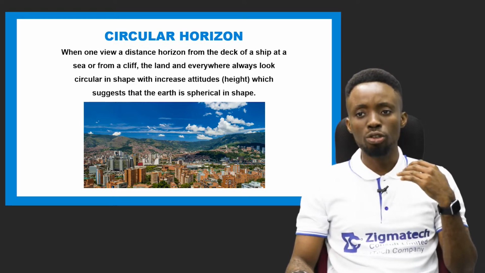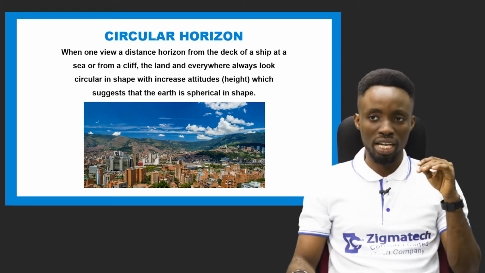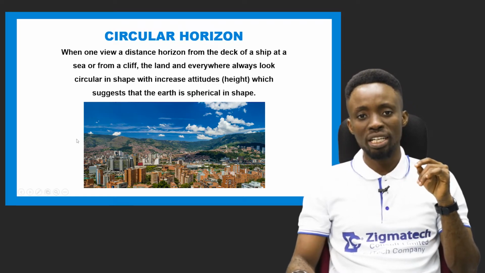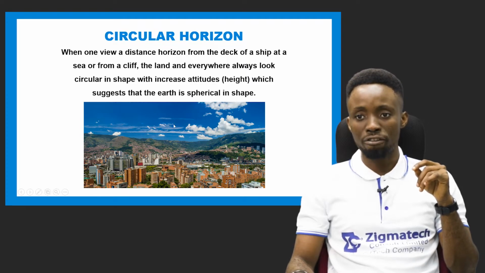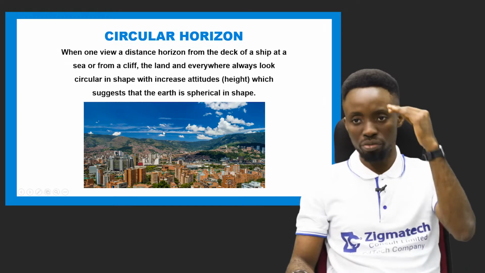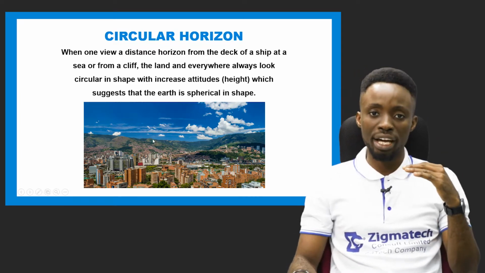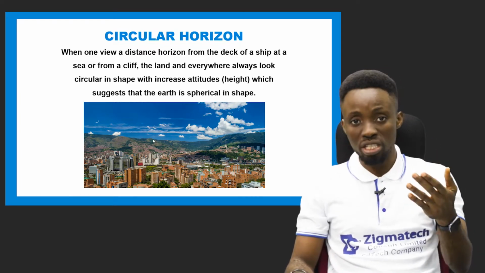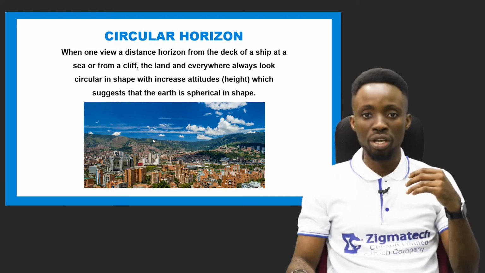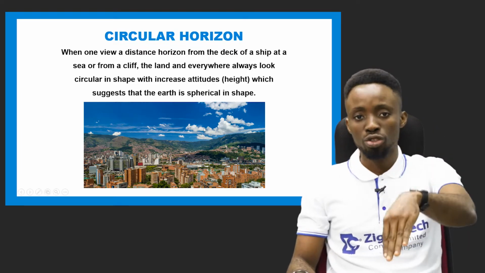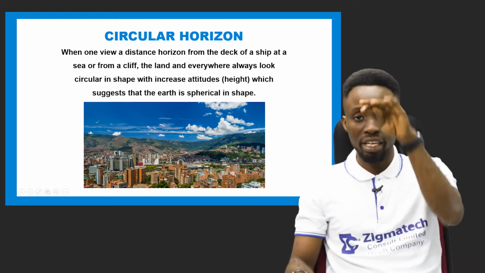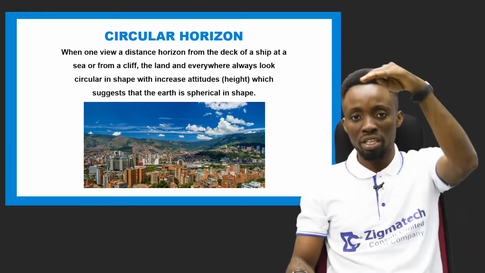When you look at the sky or the clouds, you discover that the way it is arranged, the way it is structured, it looks like a curved sphere from afar. So when you look at the extreme of the cloud or the atmosphere, especially on a sea or on a highway, you watch the horizon of the atmosphere curve towards the end, and it's as if the Earth curves downward,